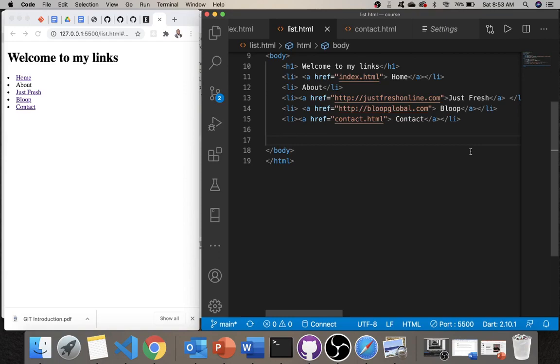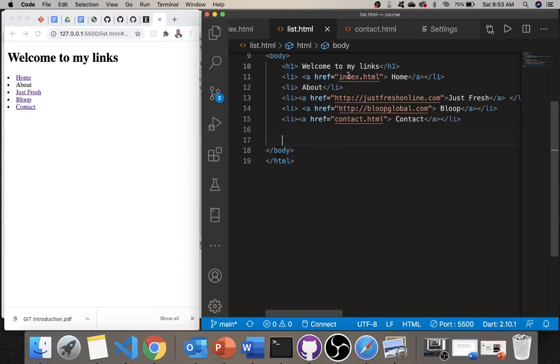Hi guys, in this video we're going to be looking at linking to specific parts of one page. So you're just linking to different parts of this page. To do that, we use something called the ID. We add an ID attribute to the tag. I'll explain that in a bit. So basically, when we're creating elements,